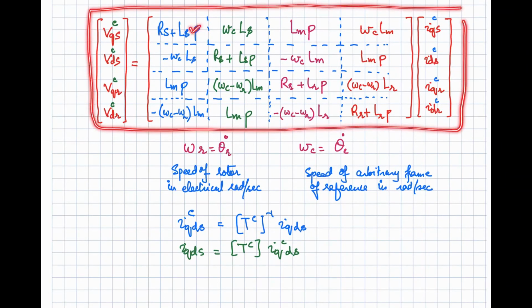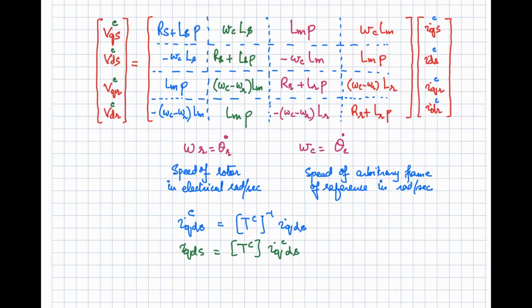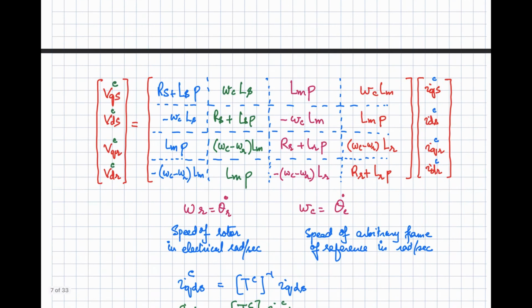So these quantities will be updated, all of these ones, compared with the previous one. And similarly over here, now you can see instead of using VQS, this superscript C is representing the quantities in the rotating frame of reference. Q axis in the rotating frame of reference, D axis in the rotating frame of reference, S is representing the stator, and the R is representing the rotor. The rotor quantities in the arbitrarily rotating frame of reference, right? And similarly, these are the currents in the rotating frame of reference. So if this is the case, you will be getting these terms.